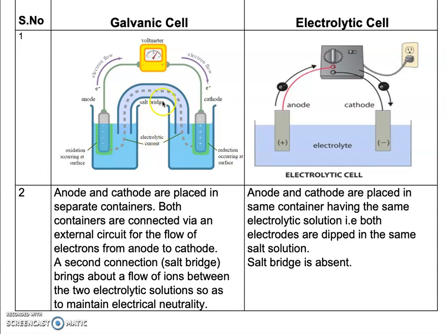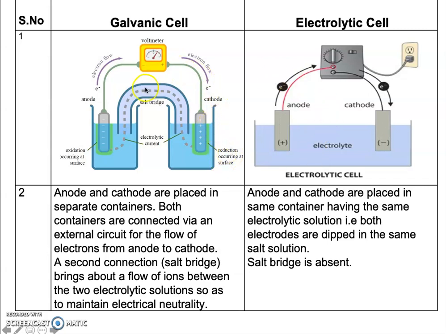That means the difference between the galvanic and the electrolytic cell is that the redox reaction taking place between the anode and the cathode is a spontaneous process in one and not in the other. In the case of a galvanic cell, delta G is negative. That means it's a spontaneous process. The redox reaction is spontaneous. Whereas in the case of an electrolytic cell, the redox reaction is not spontaneous. That means delta G is not negative.